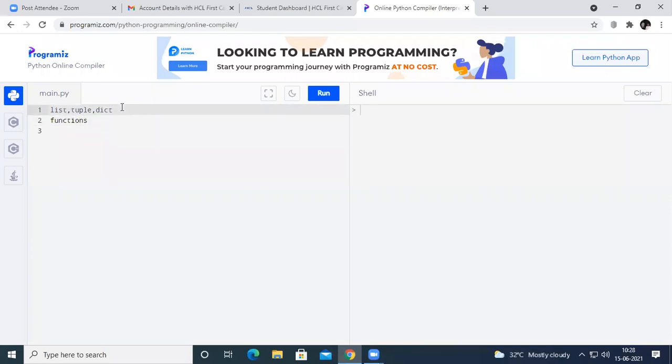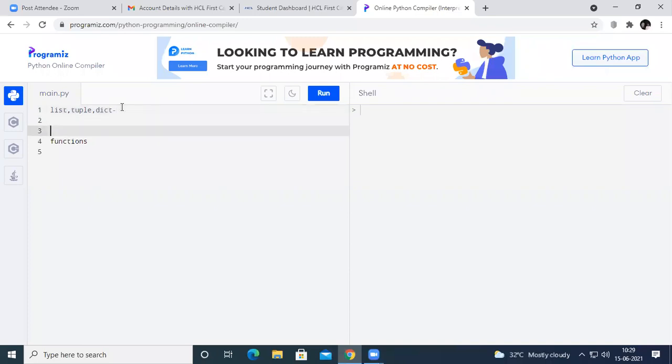In the first part, we are going to cover the basic list operations. Basic list operations means how to replace the elements in the list, how to insert elements into the list, how to remove an element, how to search for an element, and how to sort the elements in the list. Sorting means arranging the elements in ascending or descending order.